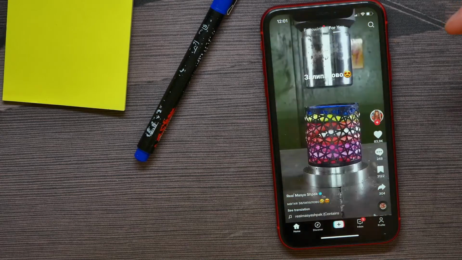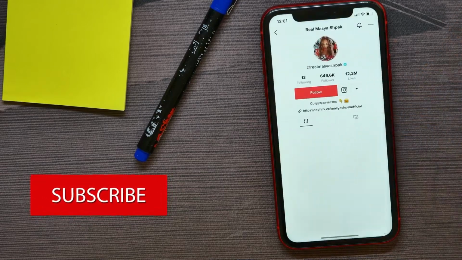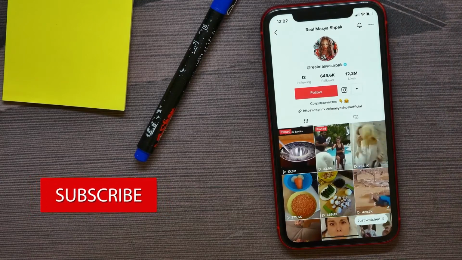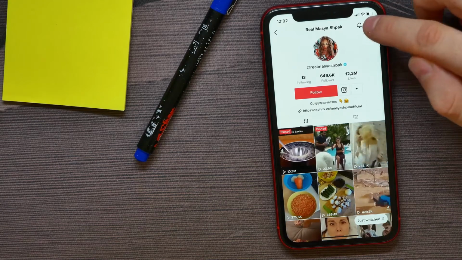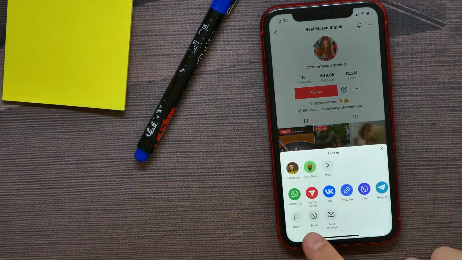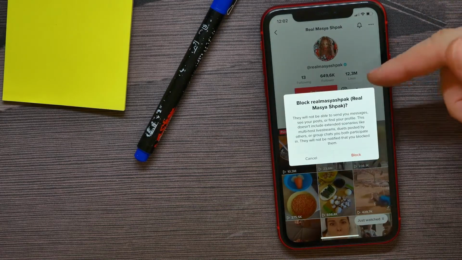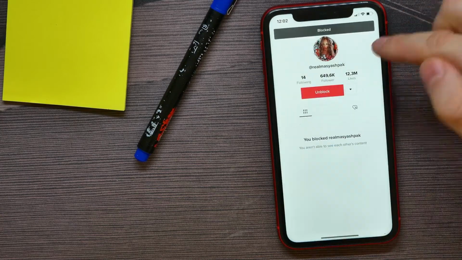first open up that person's profile. So I just hit here at profile picture to open up that person's profile, and now here to be able to block that person, all I have to do is hit there a three dots icon and there tap at block. There it asks me if I really want to block that person, and if I hit block, now that